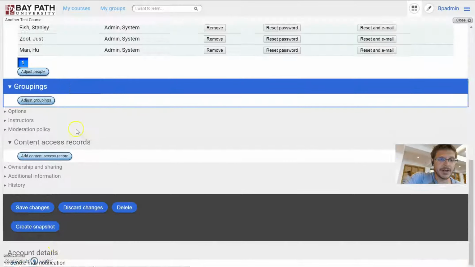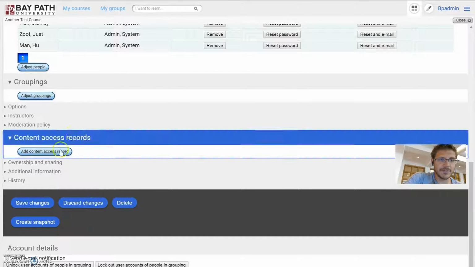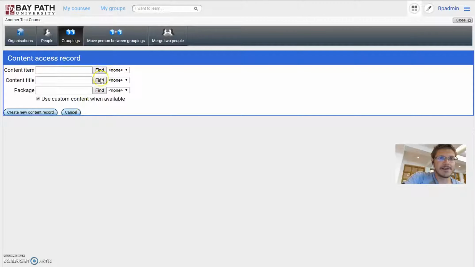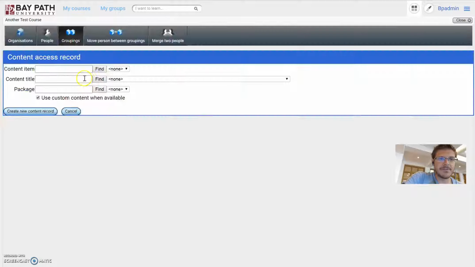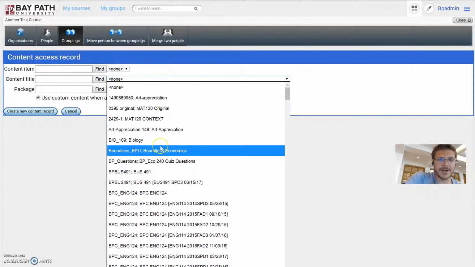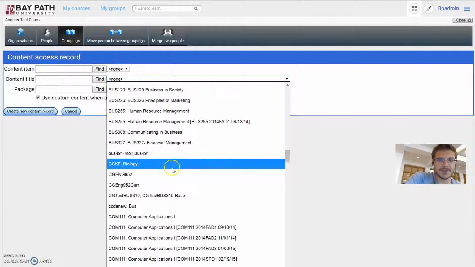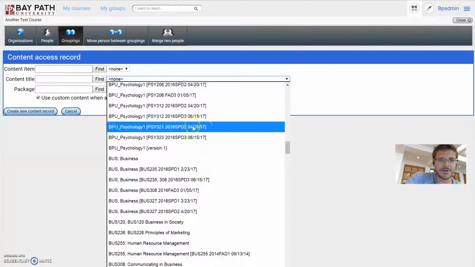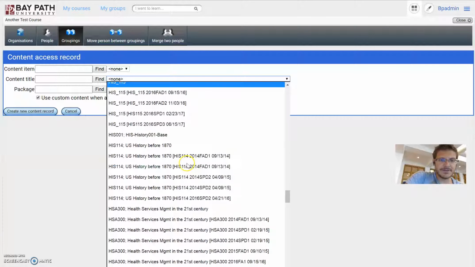Let's go down here, but under more, you have to do more. This getting says content access records. This is it. So add a content access record with a button. Okay. Now you can filter it down on content title. Might be a good idea first and foremost, so you can see all the million versions of that one here. So if we do want this to become